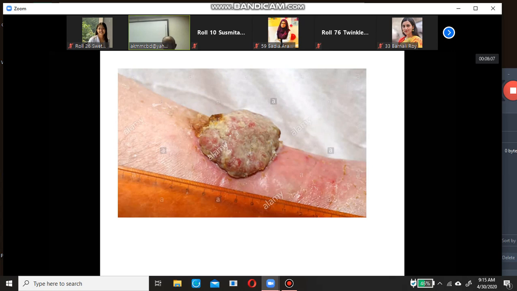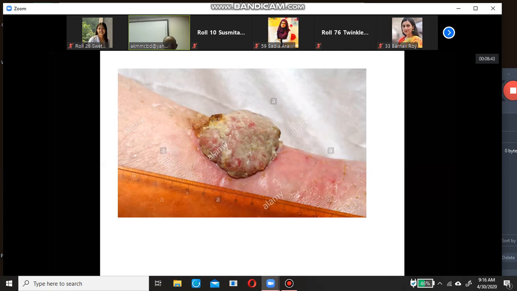And in basal cell carcinoma, you will find a very definite outline of the growth. And remember, most basal cell carcinomas are above the level of the line joining the ear lobule to the angle of the mouth. Most of the basal cell carcinomas are above this line.